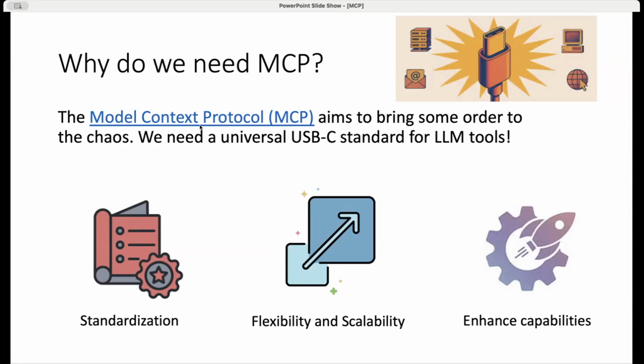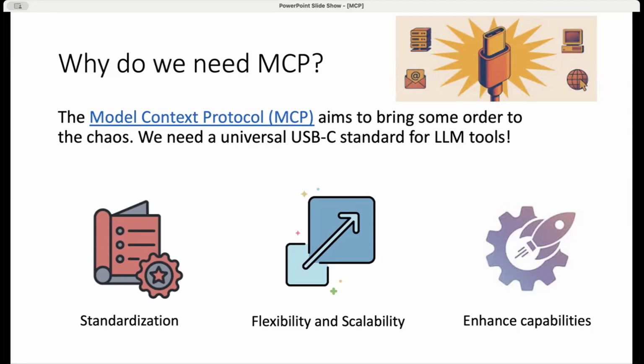The benefits of MCP include, first, as you see, the standardization of LLM tools. It defines how the LLM can call a server to invoke that tool, and also defines the response format, like what the output of the LLM tool is after executing that tool. And then the second, I think, is flexibility and scalability, because once the standard is there,